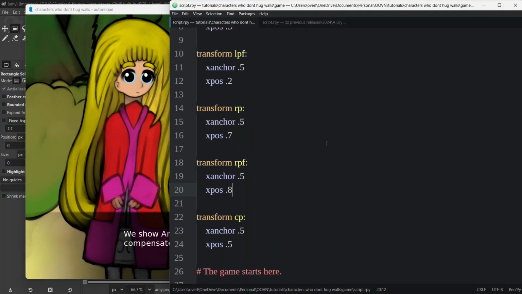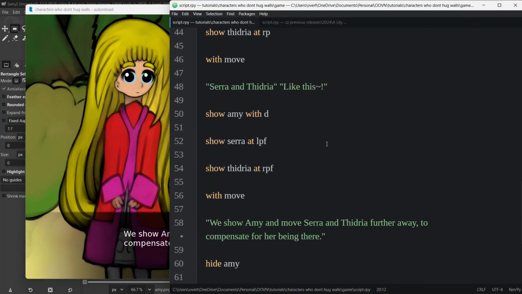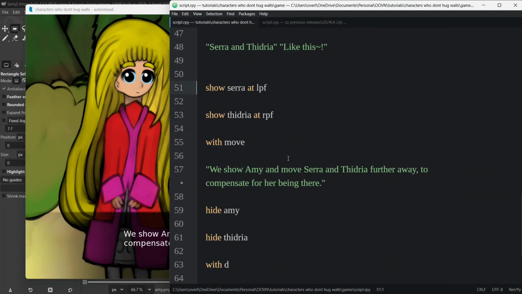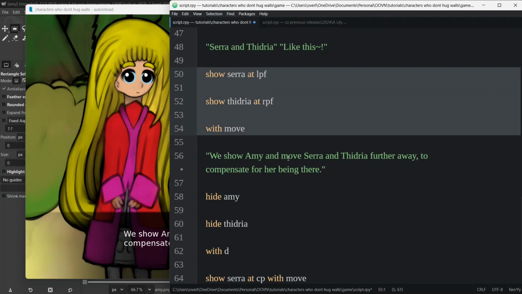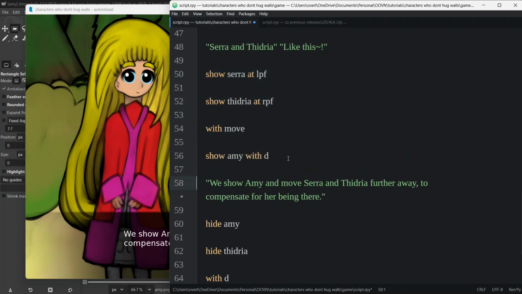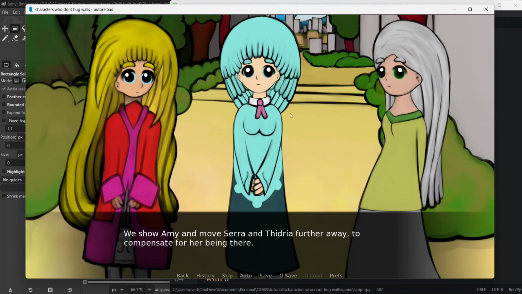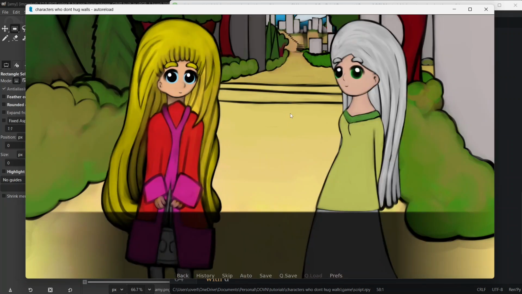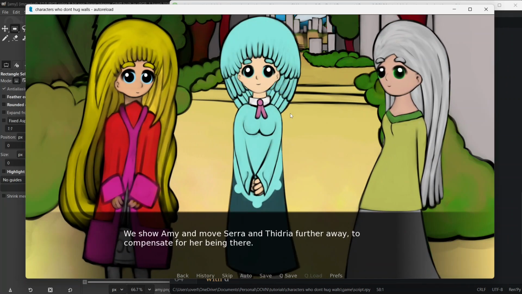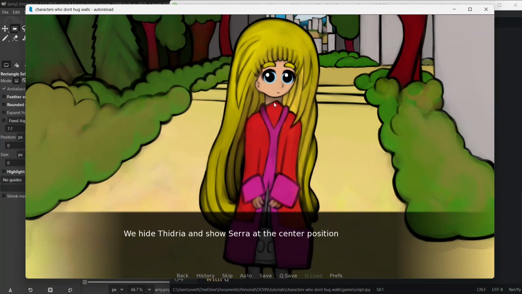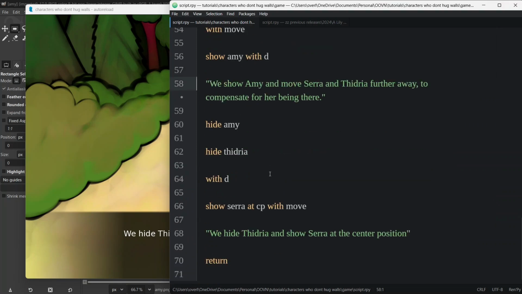Or we would do it in a more natural way where it looks like we have the characters move first and then we show Amy, because that just makes more sense, doesn't it? There. There you go. And if this is too fast,